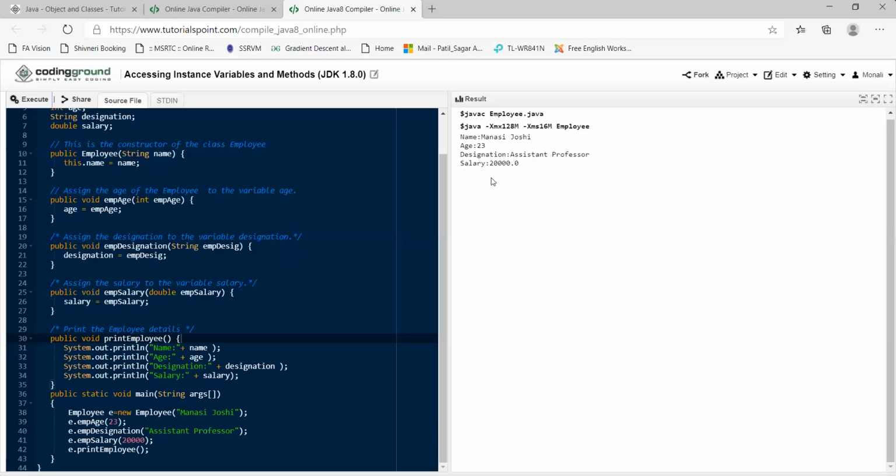So in this manner, you can access various instance variables and methods available in a particular class by creating the instance of that particular class and calling whatever number of methods we have enclosed within the definition of the class.